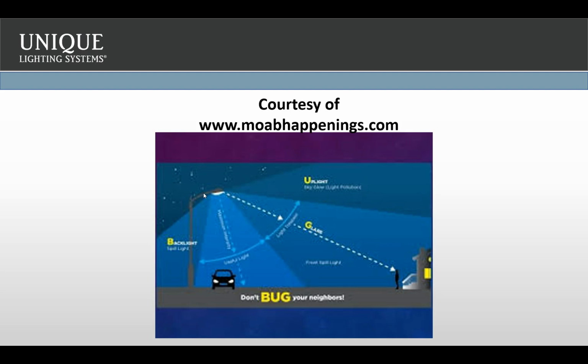The BUG rating and a lot of the dark sky stuff really is written and geared towards street lights and line voltage type stuff. But unfortunately, there isn't anything pulled out for low voltage lighting. So you've got to be real careful when you have that stuff, and sometimes it's best to get out in front of it. A couple of examples I can share with you: